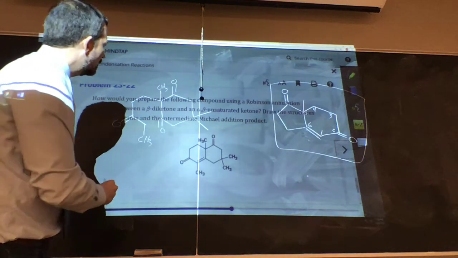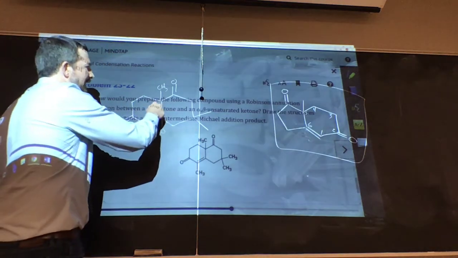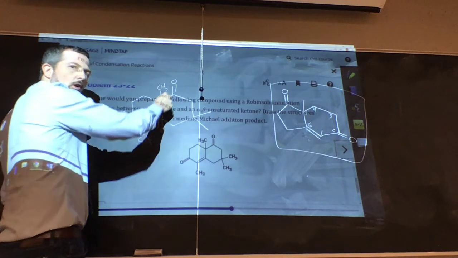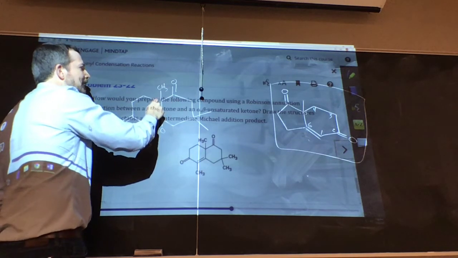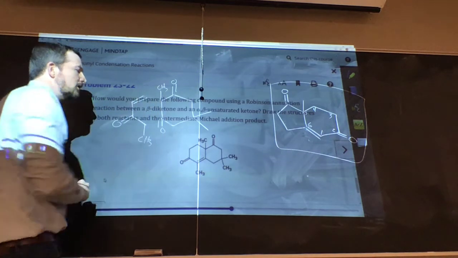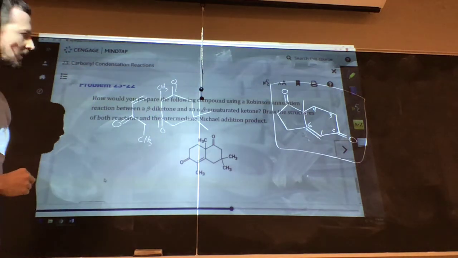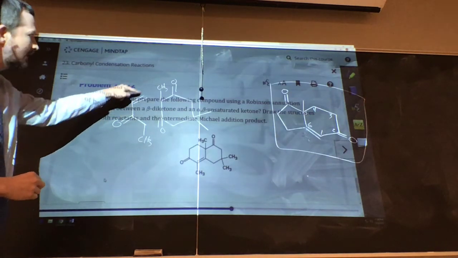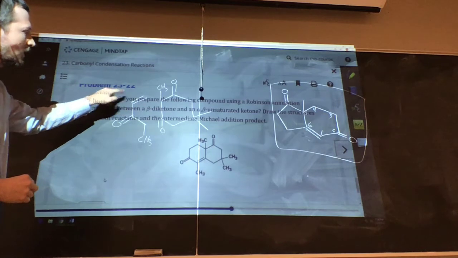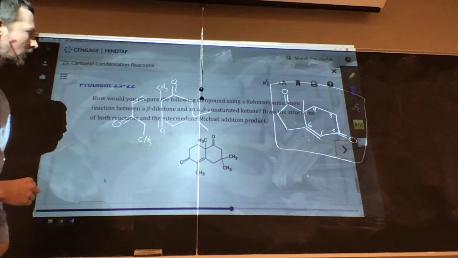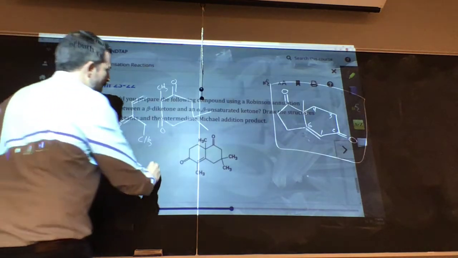Okay. And so now I can take off this part. This is the position in between my 2 carbonyls. So now I can take that off. And I know that attaches in that Michael addition. So that attaches to the beta position of my alpha beta unsaturated ketone. So now I have my 2 pieces. I just took it apart. Drawn differently,